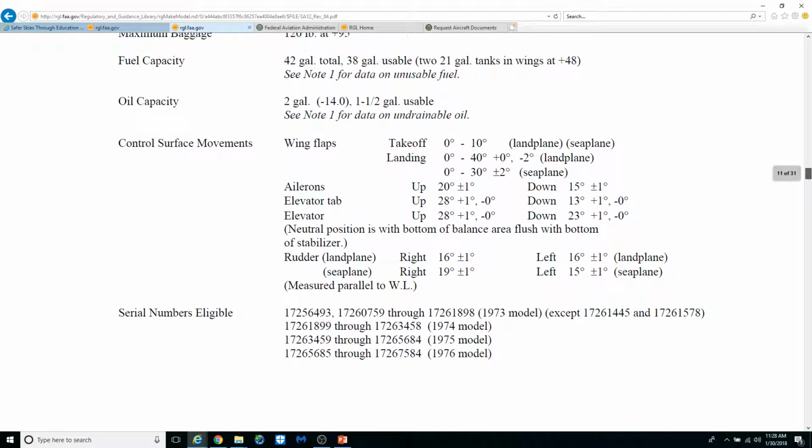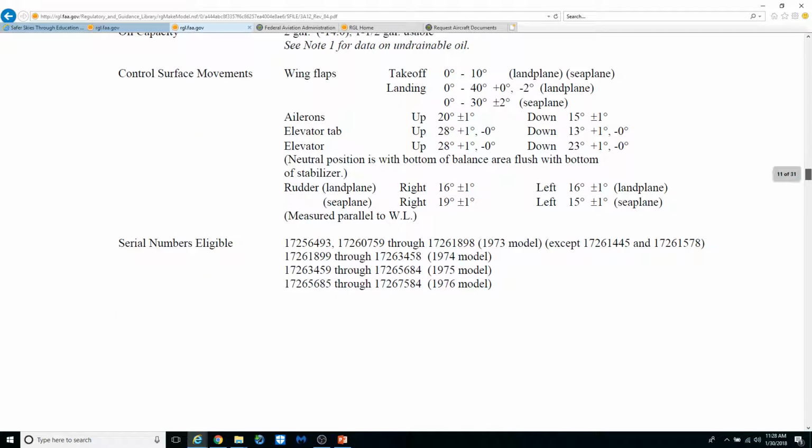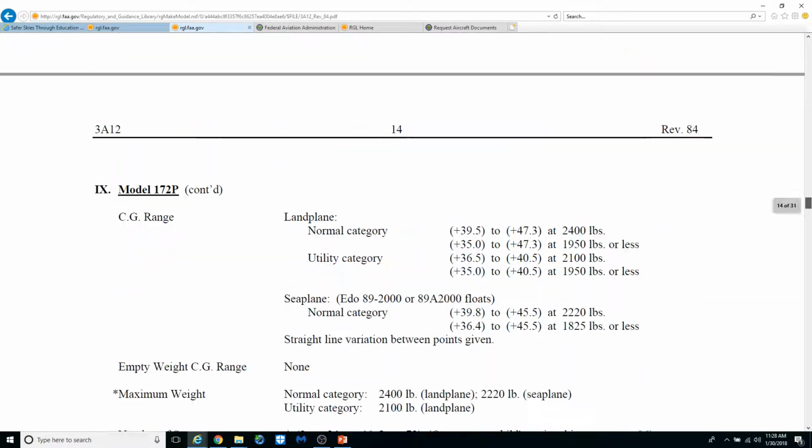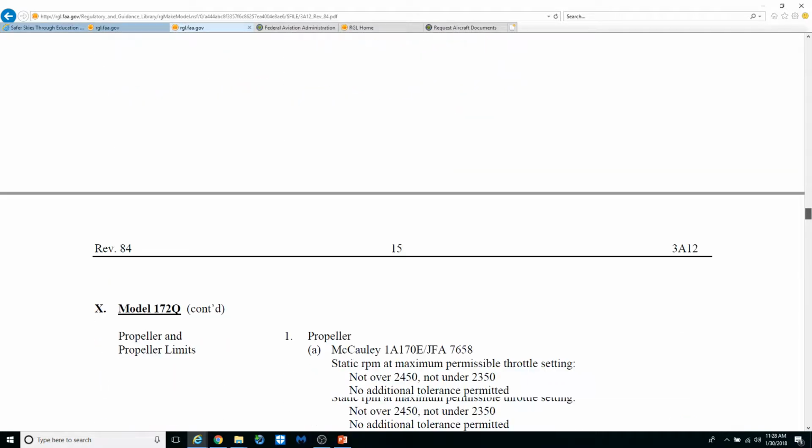Much of the same information, all your control surface movements, eligible serial numbers. We saw this airplane's serial number was 172 6344 something. So 172 6344, it's in this date range here. It is a 74 model. So we're going to come down here to notes,